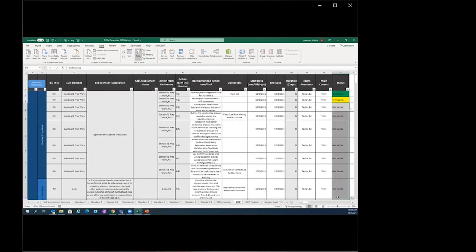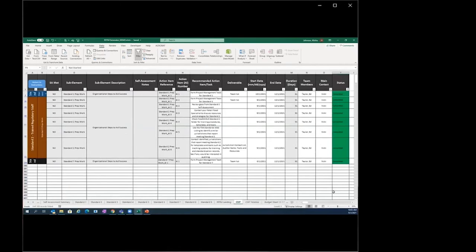Now, the reason why this is an important feature is that not only can you visually track where each of these action items are, but you can also do a quick reporting function. So if you see this button here at the bottom right-hand corner of the title bar, if you click, you'll see that you can select for each of the different options. So let's say you need to do a report for your Board of Health and update them on all of the things you've completed in the standards. All you need to do is select completed, click OK, and now you have a quick report on all of